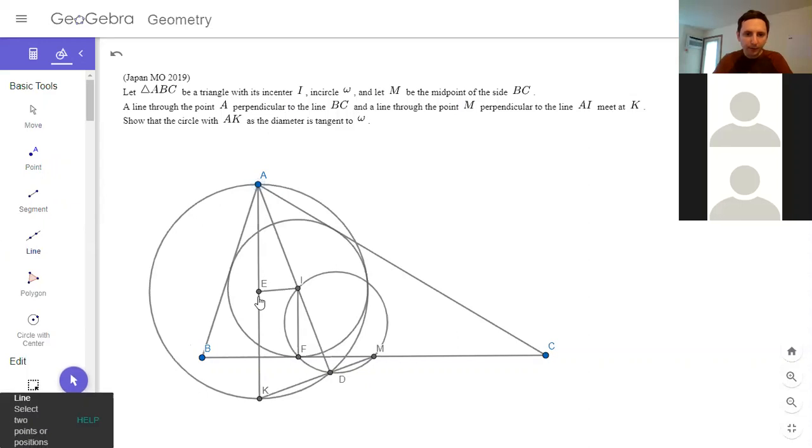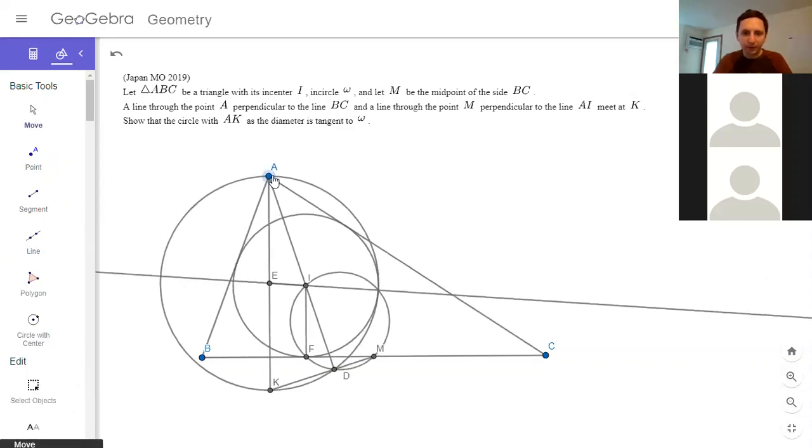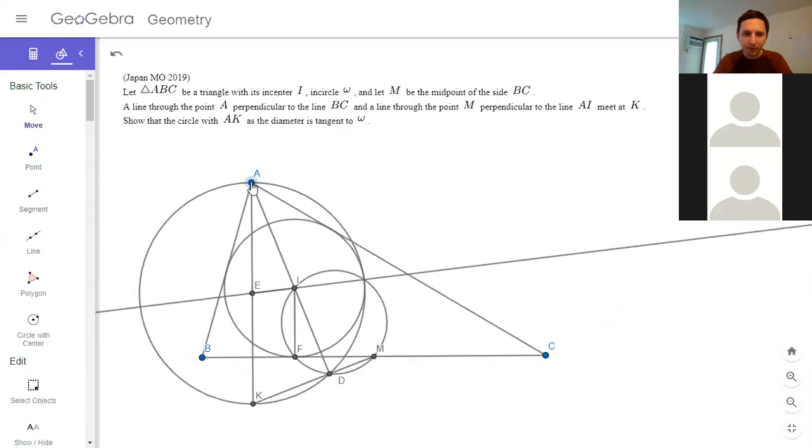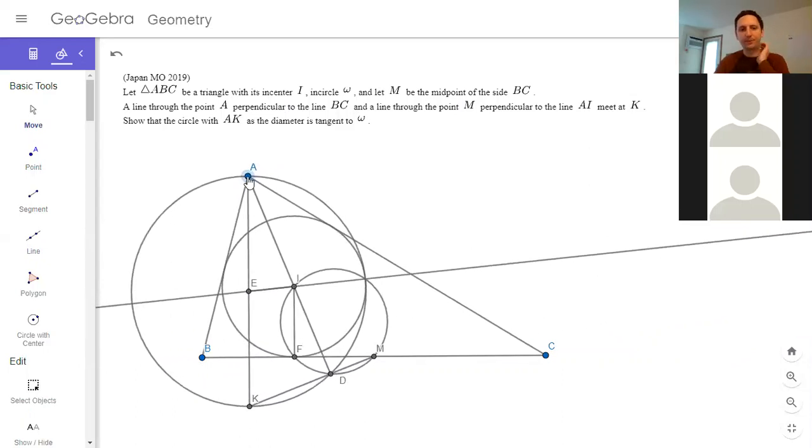Does EI pass through the point of tangency? Yeah, it looks like EI passes through that tangency point. Yeah, how should we think about this? I think it might be best